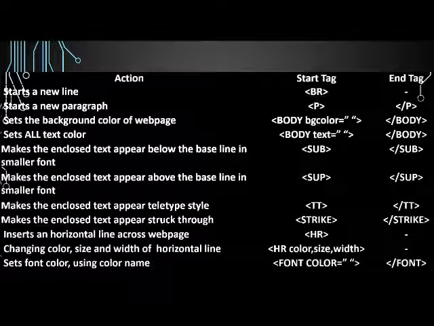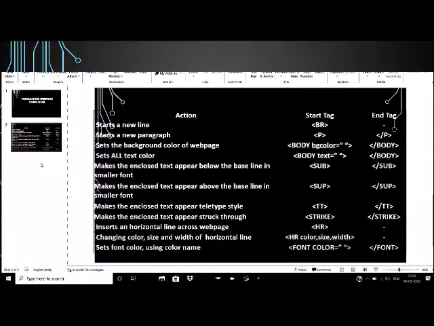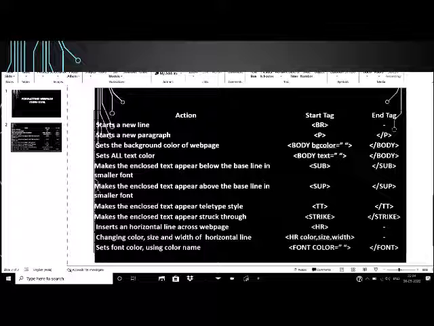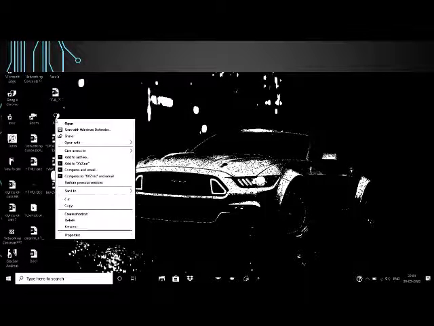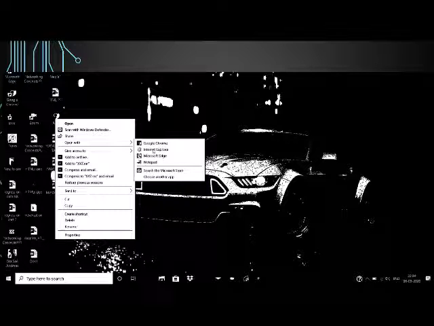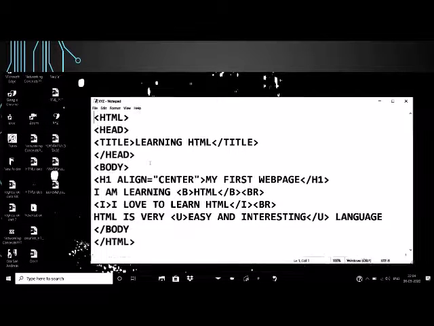To learn the use of these tags for formatting the web page, we will be using the HTML document that we had created in our earlier session, a simple HTML document. In today's session, I will format that web page using these formatting tags. For that, I will be opening the same document that I had created in my previous session. I will open this document with Notepad so that I can make changes in the document.